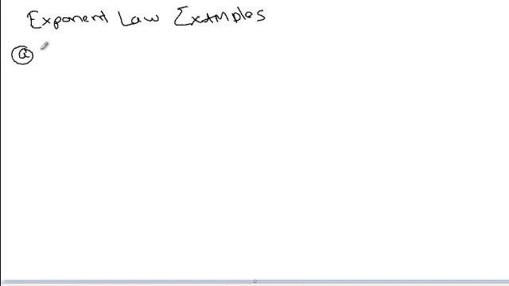We're going to do just some examples of the exponent rules, exponent laws, and we'll just do a few. Let's see, we're going to start with multiplication. So let's see, our first example, we'll do